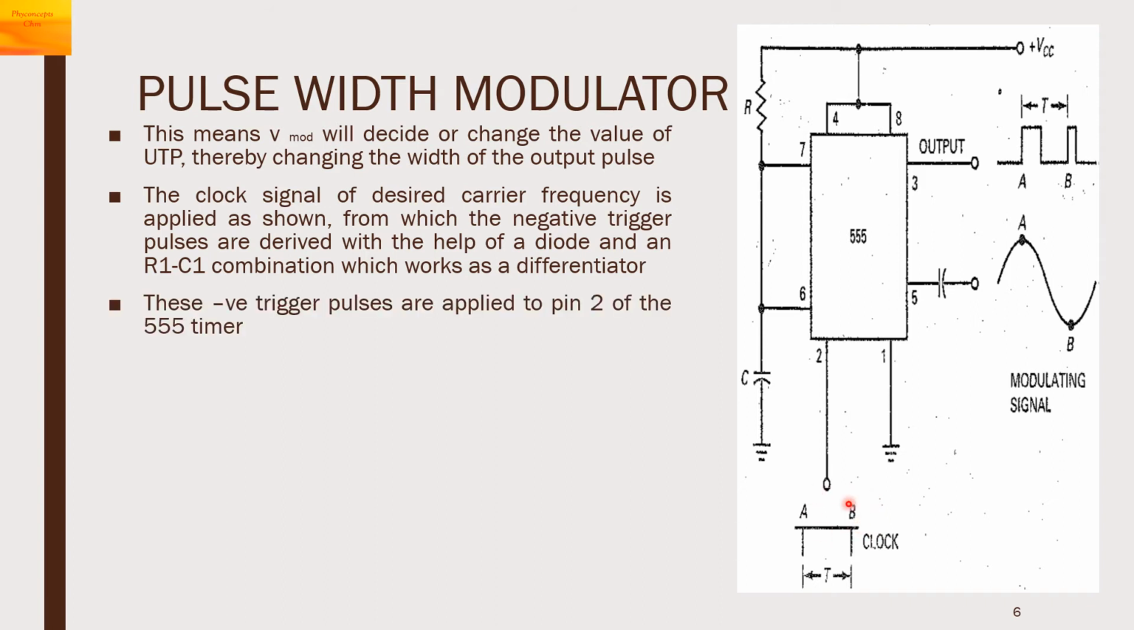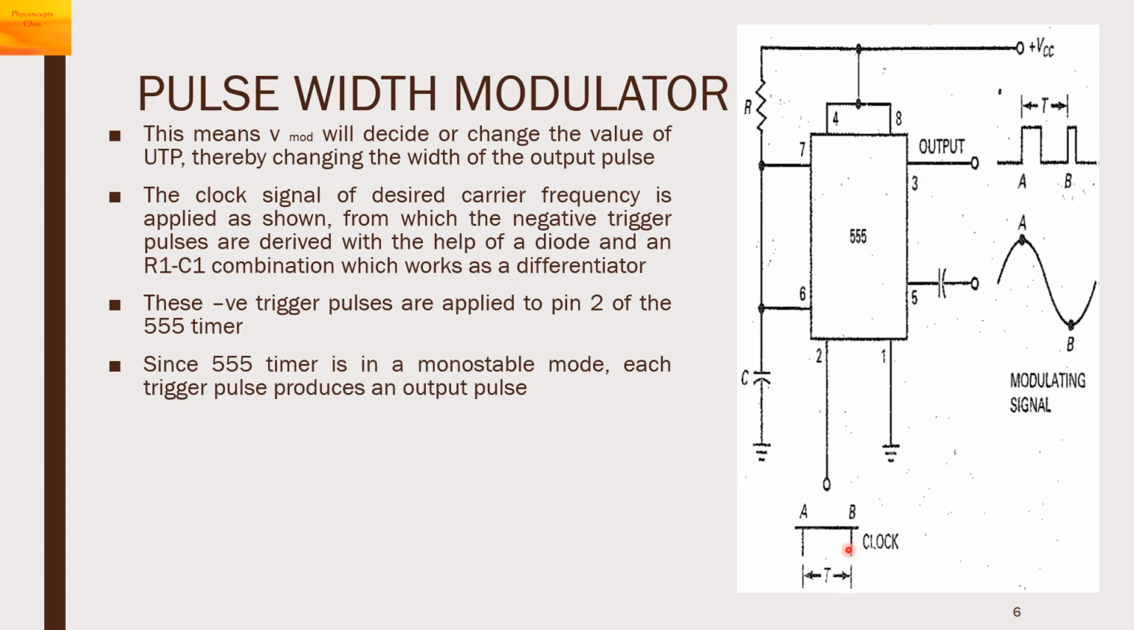These negative trigger pulses are applied to pin number 2. So these are negative pulses. Since the 555 timer is in a monostable mode, each trigger pulse will produce an output pulse. So for the pulse at this position A, a pulse here is produced at this position A. So the trigger pulse decides the starting time of the output